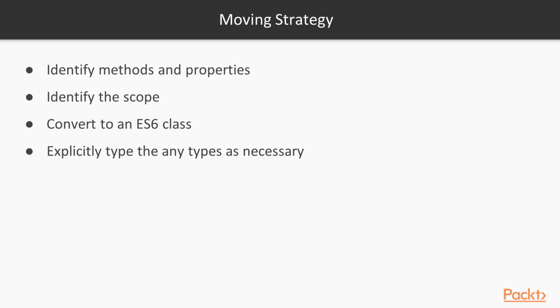So what's the strategy we're going to use for converting our JavaScript class-like code to using ES6 classes in TypeScript? Well, first we'll identify the methods and properties. Second, we'll identify the scope of our methods and properties, for example, if they should be private, public, or protected. Third, we'll convert everything to an ES6 class. And finally, since we're using TypeScript, we'll explicitly set the type information for any implicit any types, as required by our coding standard. In this video, we started to look into ES6 classes,